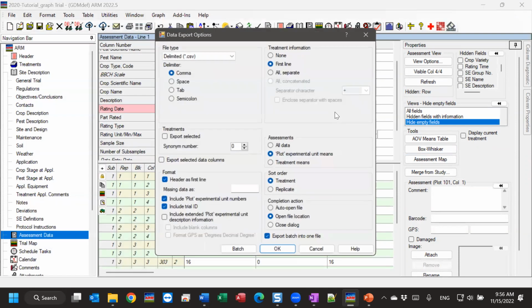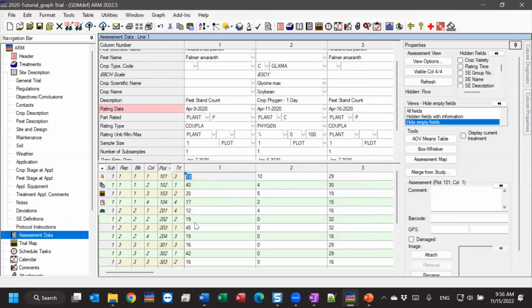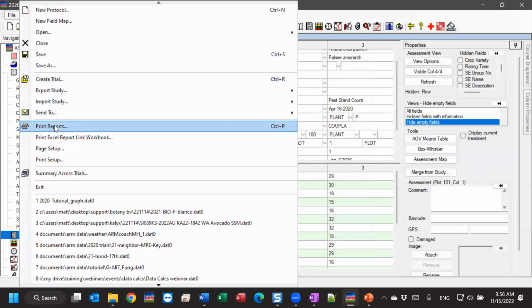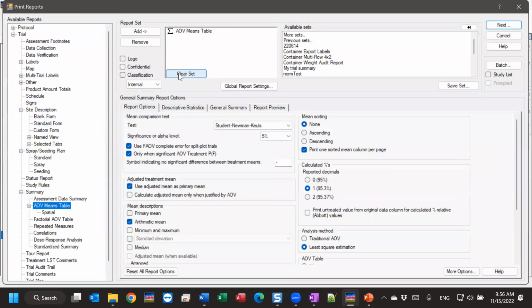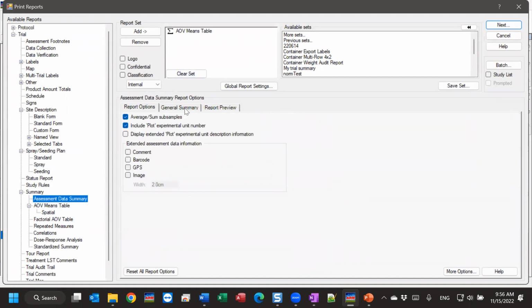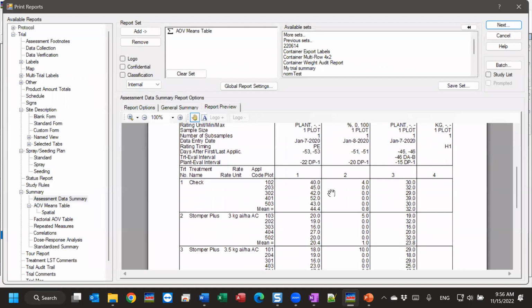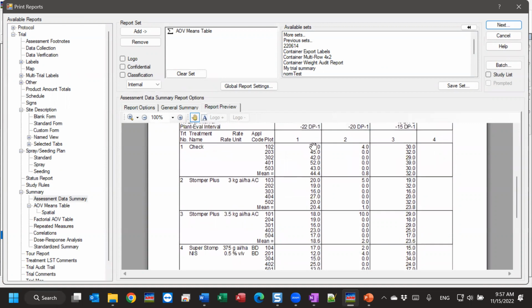So you can actually do a data export if you need to get the data into a format that another program could read, and you can create graphs and charts and things like that. That would give you every single data point. If you just need treatment means or something simple like that, you can always use the print reports. I think the assessment data summary would be a good option. That actually gives you each assessment value, and also gives you your plot mean. Not much else for statistics, but if you just need that raw information, this is a good report that you could generate